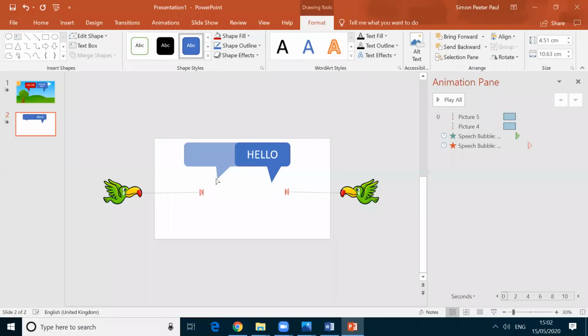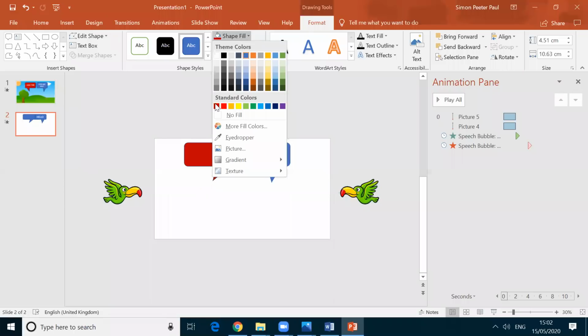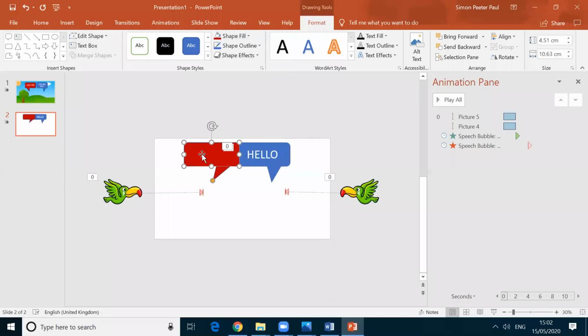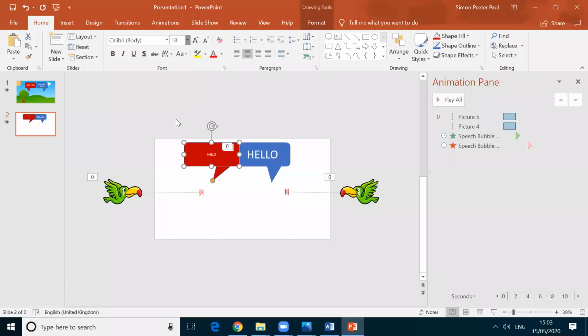Okay, I think this will be correct. Okay, I want to change the color. See here, shape fill. I'm changing any color as I wish. You can also add text, and I am adding hello for this, and then I'm increasing the font size. To increase the font size, sorry for the delay, I will finish up within 5 minutes. And then I'm going to Home and increasing the font size,